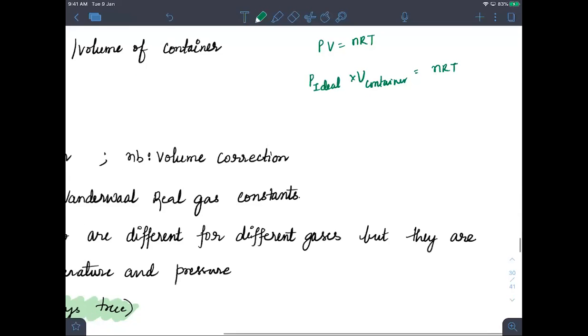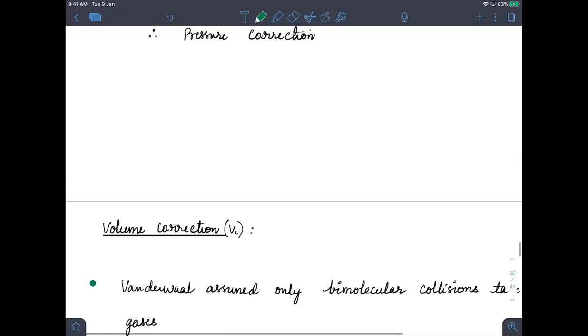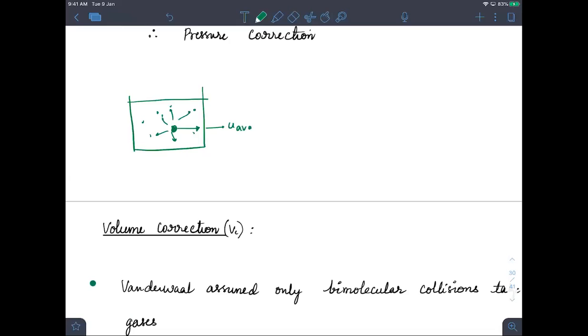Now what is the difference that you will experience? Let me show you. Suppose you have a lot of gas particles here, and I take this as the reference gas particle which is moving towards the walls of the container. If other particles are not attracting it, it would have a certain speed, u average. Now, if other particles are attracting this particle, this will reduce the speed, so u average will get reduced. If the average speed reduces, the momentum transferred on the walls of the container will reduce, which in turn will change the